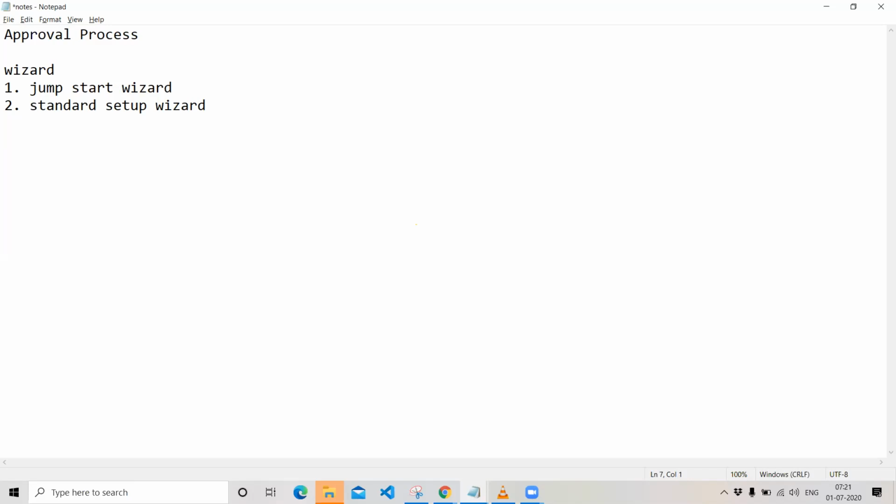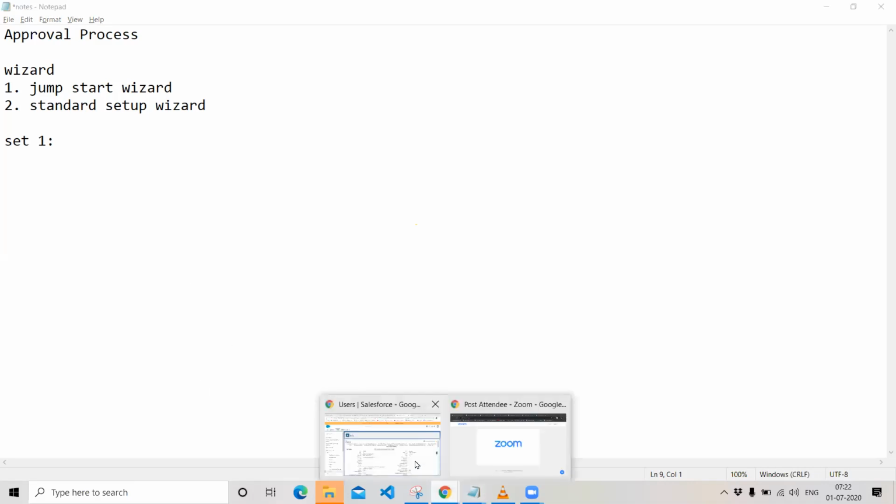And if you want to create an approval process, you have three different types of steps. The first is the submission phase. If you want to submit a record for approval, on which object do you want to submit the record for approval, what is the entry criteria that you need to submit a record for approval, who is your approver, and what is the initial action that you want to create whenever you are submitting a record. Let's see in the navigation.